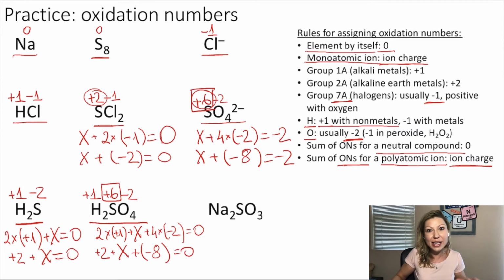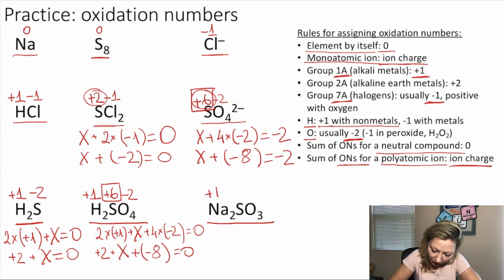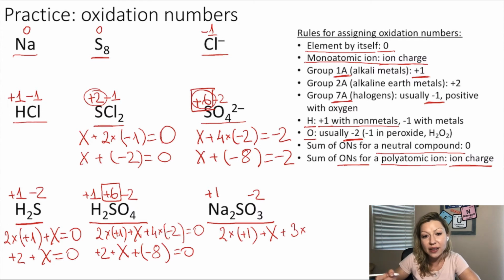Okay, so let's take a look at our last example on this slide. Sodium sulfite. Sodium is actually an alkali metal, so it is in group 1A. We know that it's going to have the charge of plus 1. Oxygen is minus 2, so sulfur, let's say that is going to be X. So 2 times plus 1, right? Because we have 2 sodium atoms, plus X, plus 3 times minus 2, because I have 3 oxygen atoms,